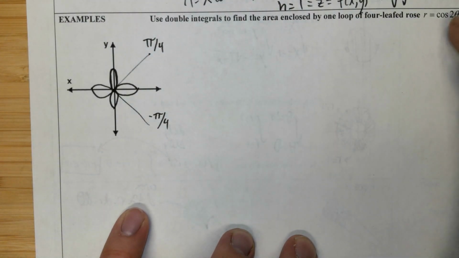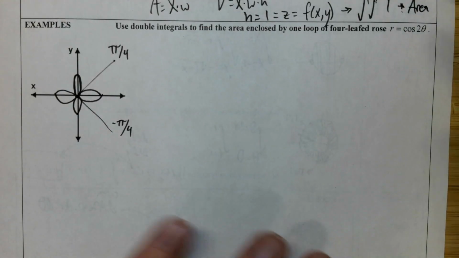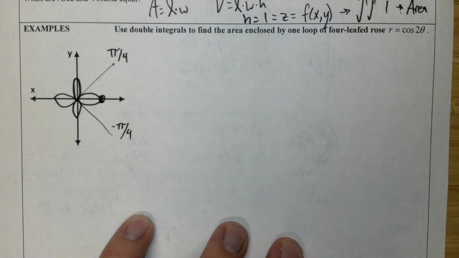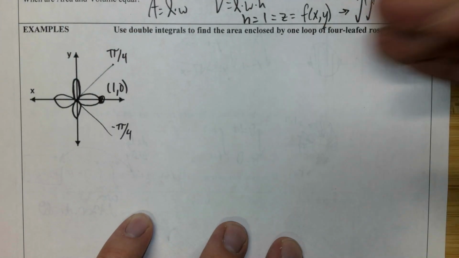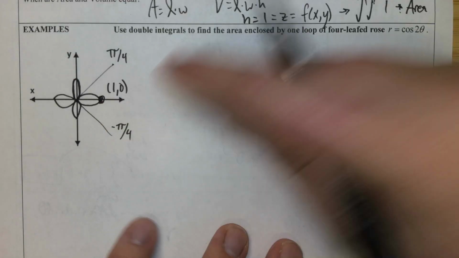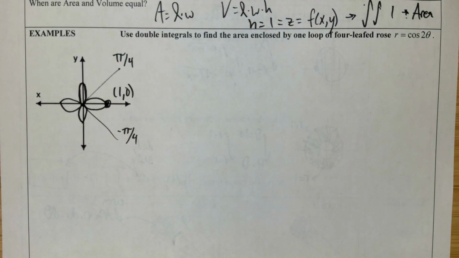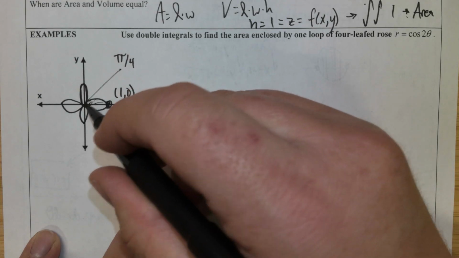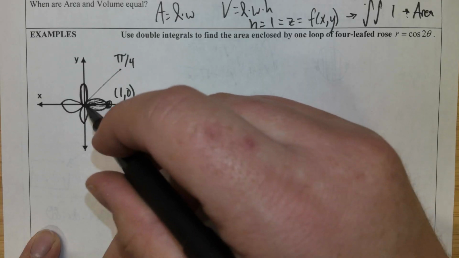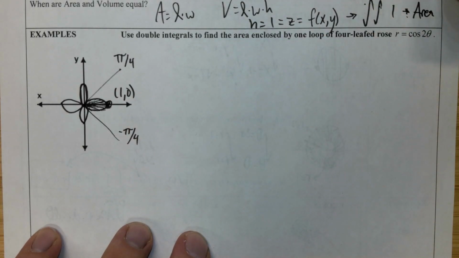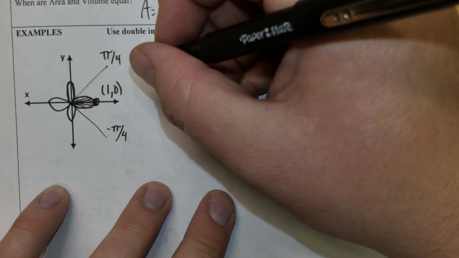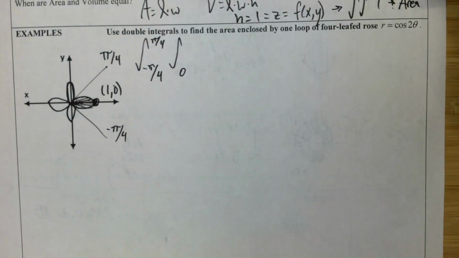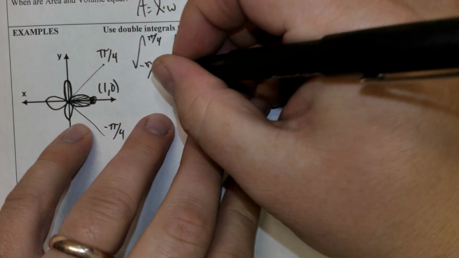Also, I can see that it's going to go to 0 there, because when I do 2 theta, it would get to 0 for cosine at these values. Also, what is this maximum coordinate here? That's going to be 1, 0. So I see my radius maxes out at 1, but I don't think that's exactly where I want to go. Because my radius, as it traces, is bound by the curve. The lowest place it is would be 0, and the farthest my radius is